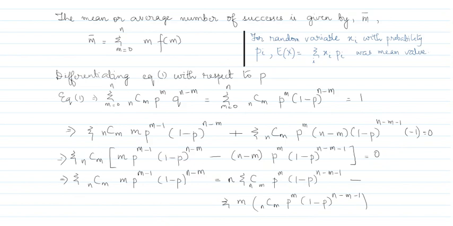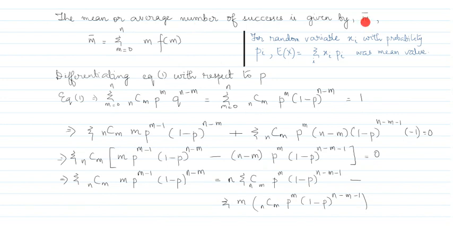Now, the general procedure that we will be following with all distributions is we are going to evaluate the average number of successes. We will be finding out the variance and we will be finding out the standard deviation. This we will do for all the distributions that we are going to study. In the case of binomial distribution, let us evaluate the mean or average number of successes, which is given by